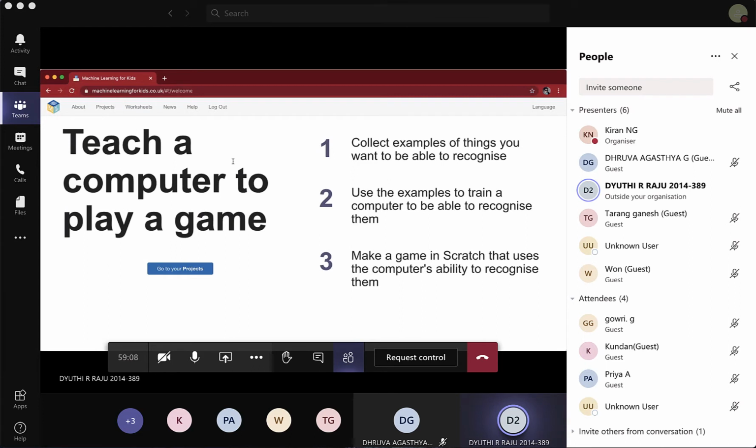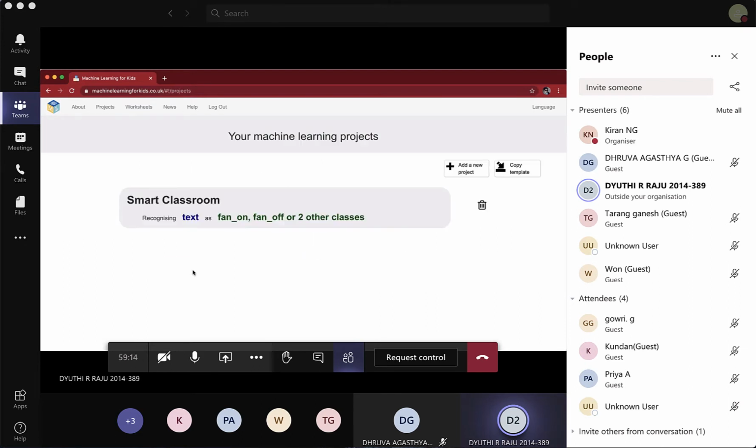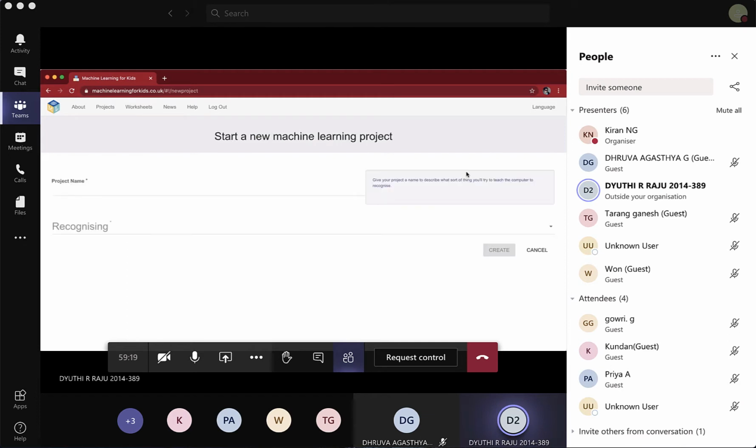So see, you get this page where you can go to projects. For those who have not done a project in this, you have to click on add new project. I'm going to choose smart classroom, and recognition.